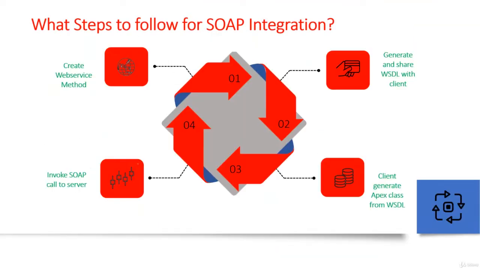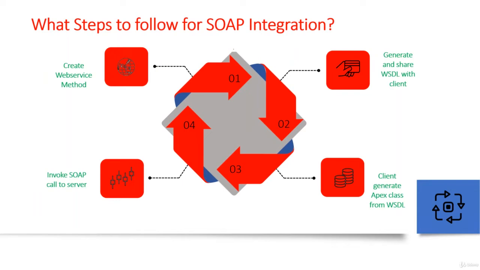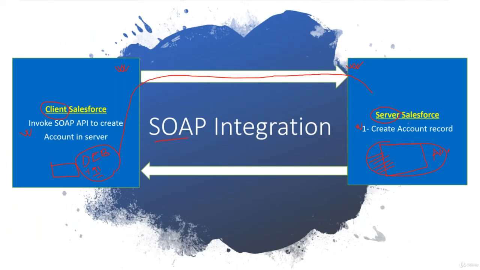Now I am going to break these steps into two parts. To do the SOAP, simply remember, you have to find out what is your server and what is your client for any SOAP integration. I'm dividing this diagram completely into two parts. Let's consider this is my server side. Then in the client side, what you need to do. Now I'm saying there is a server who has exposed one SOAP service. We can call that SOAP service and create a record on their system.